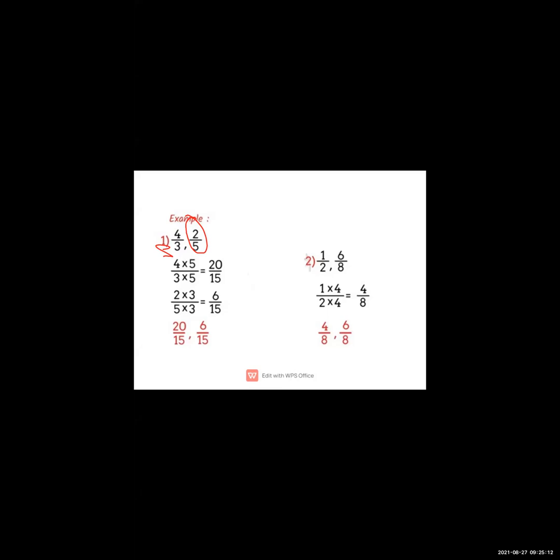If for example अगर ये यहाँ पर 8 होता, 1 upon 8 होता और 6 upon 2 होता. Okay, so then also no problem. अगर if you think अरे ये second fraction है तो first fraction, no, there is no need to change. Okay, if it is a second fraction, 2 4s are 8, as it is you have to write. Okay, जैसे ये example दिया हुआ है ऐसे ही आपको करना है.